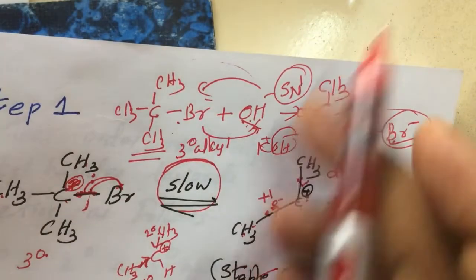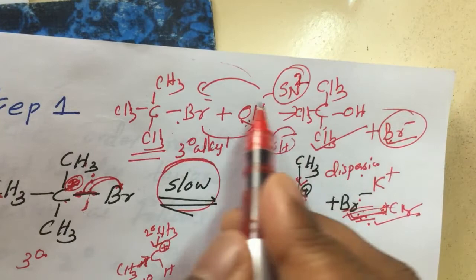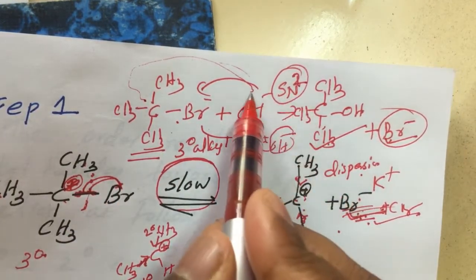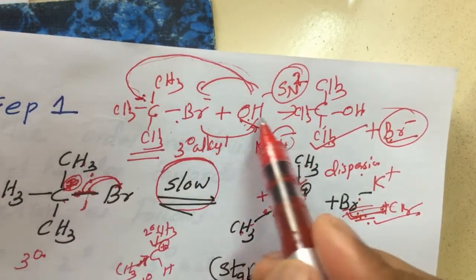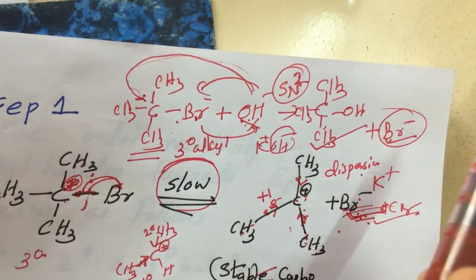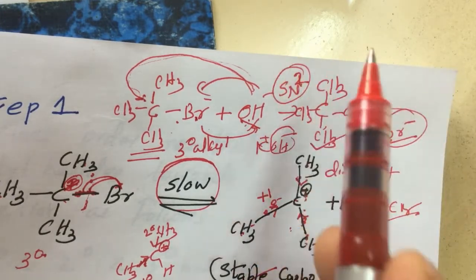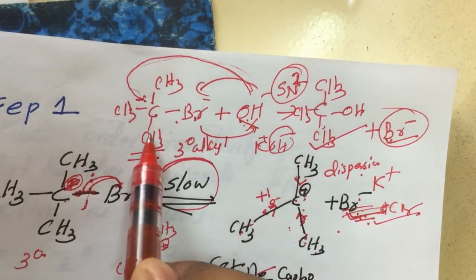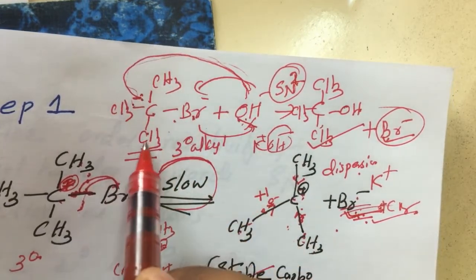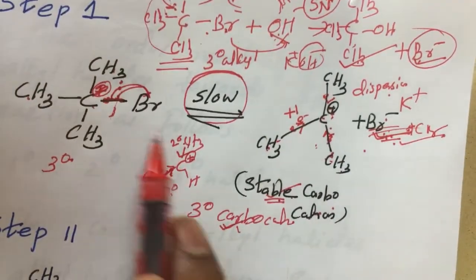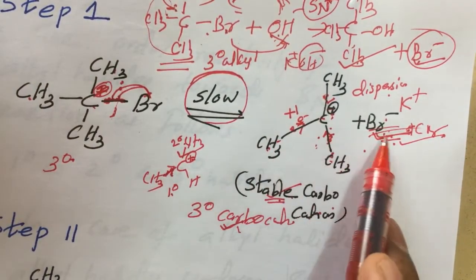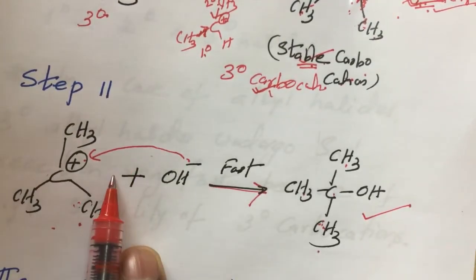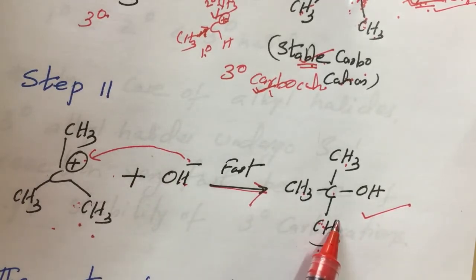So the reaction path is different. In SN2, it is very simple. OH is attacking from the backside, Br negative is removing. In the SN2 mechanism, OH minus is attacking from the backside, then Br negative will be removed from the transition state. But that is possible only for primary alkyl halide, or alkyl halide with less steric effect. But in the case of tertiary, instead of backside attack, first the alkyl halide undergoes dissociation to the carbocation, the leaving group leaves from the compound, and that carbocation reacts with the nucleophile to form the final product.